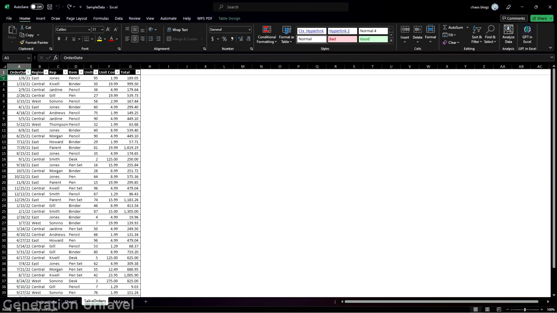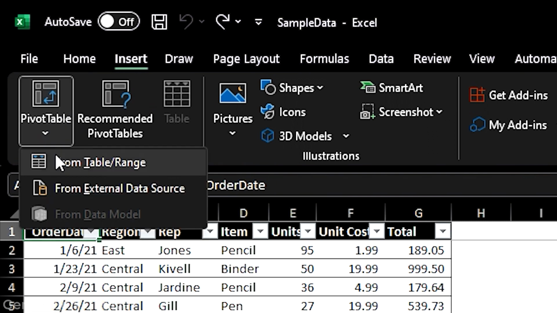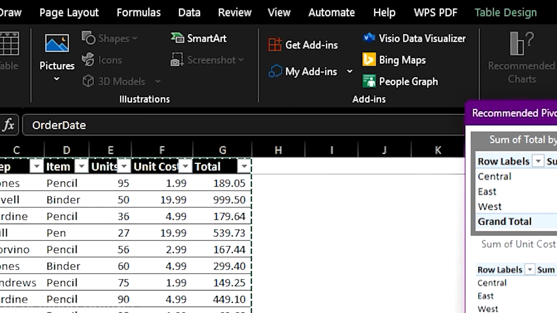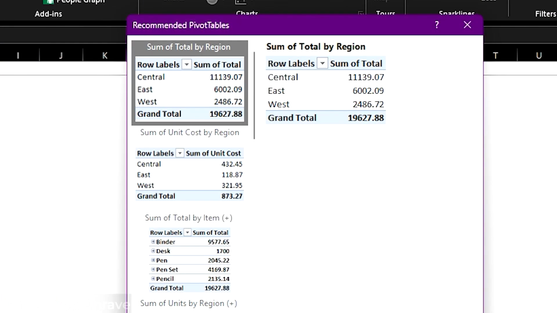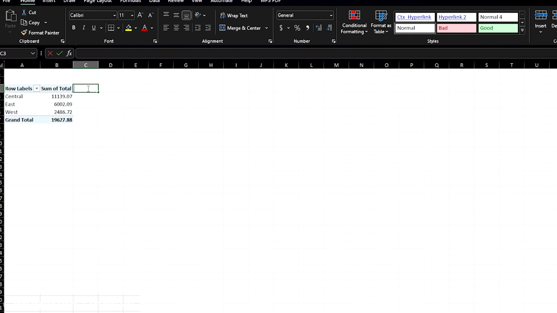So as you can see here, I have my table and it's quite a large amount of data, and we want to summarize that, which a pivot table does. What you need to do is click on your table and then click on PivotTable on Insert, or you can choose the one that was recommended because it's much easier. If you want it faster, then you can just choose this. So let's choose the first one, and as you can see, our data is already summarized here with the help